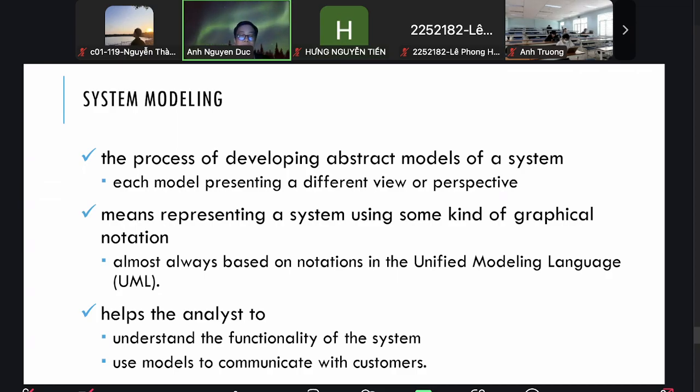System modeling is defined as a process of creating abstract views of systems, and each perspective will capture a different view of the system. To make it easier to remember, think about this as when you are building a house,